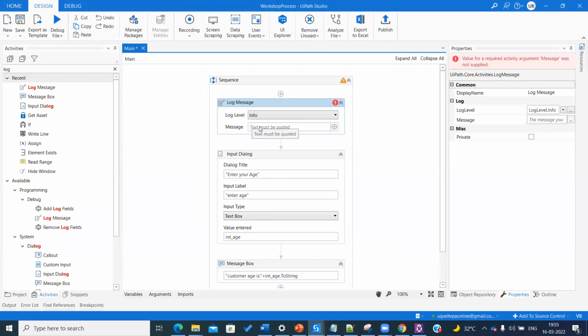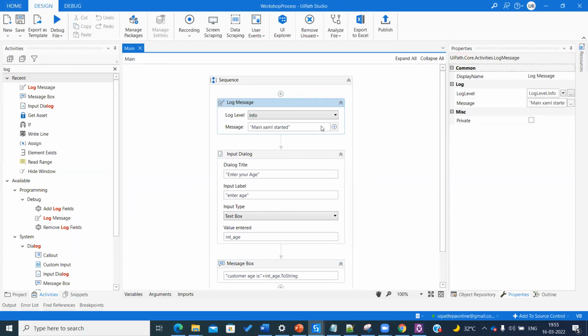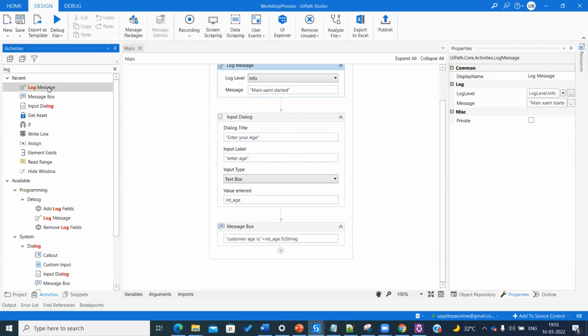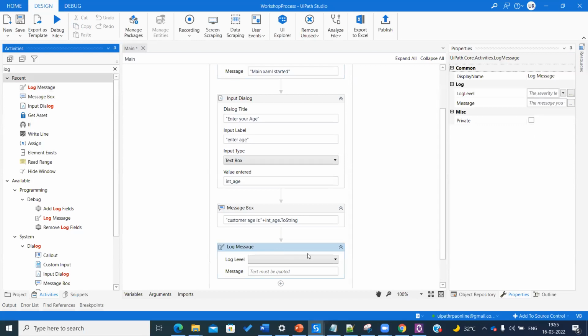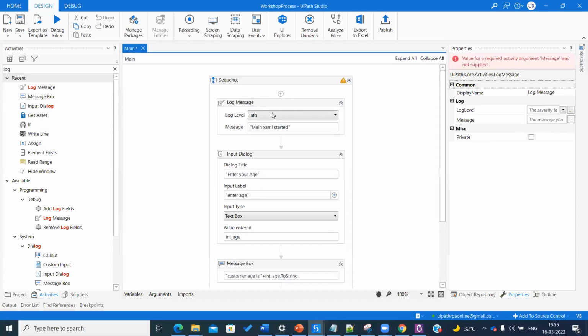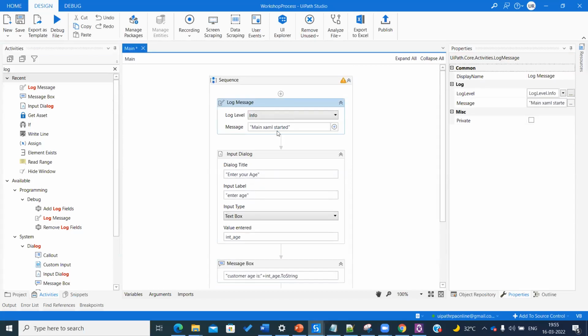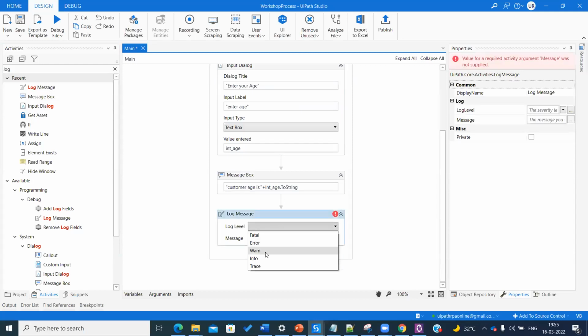So the log level is information, and here I'm saying main XAML started, because this is the main XAML. Okay, and then done. Now I'll put another log message. And one more thing, as a best practice, always put log messages in every workflow saying workflow started and workflow ended.